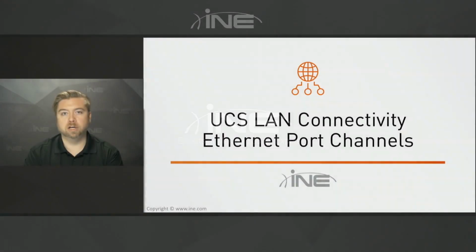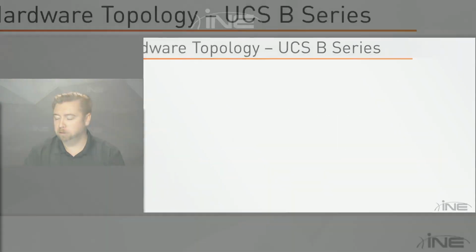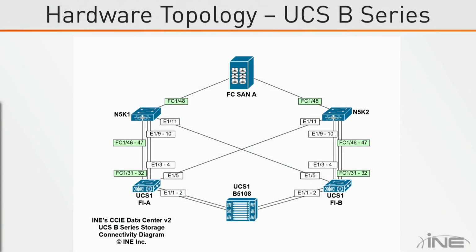In our next section, we're going to continue our discussion of UCS LAN connectivity for the Blade Series chassis, and specifically talk about how we form regular Ethernet port channels from the fabric interconnects to the northbound network. And one of the key points about this section to understand is that when we look at the physical topology, we see that we have multiple connections from the northbound switches, in this case our 5K1 and 5K2, down to